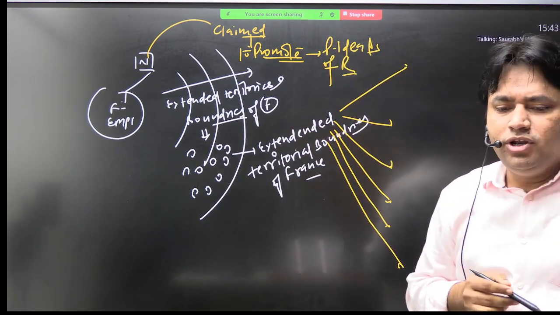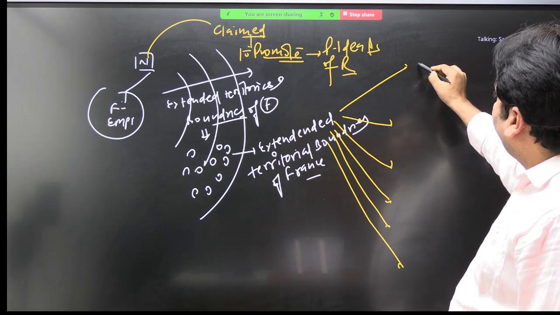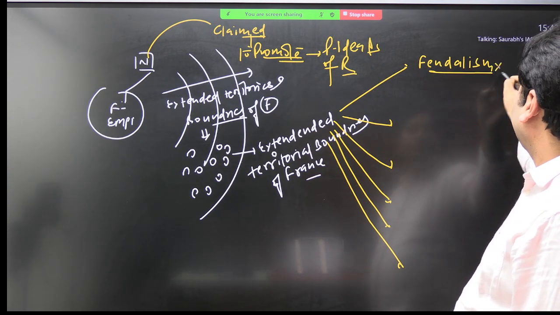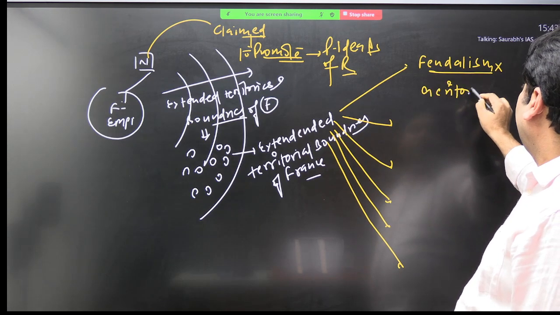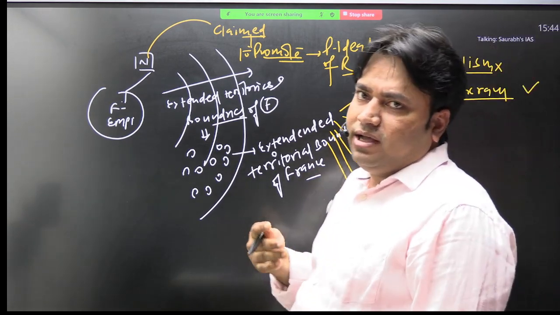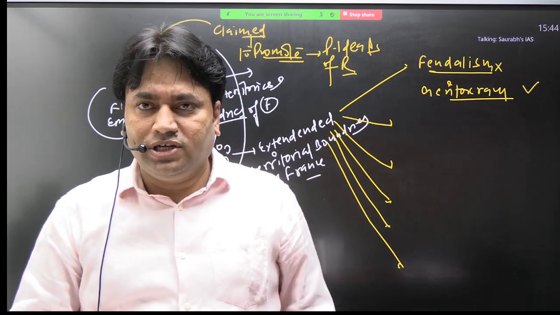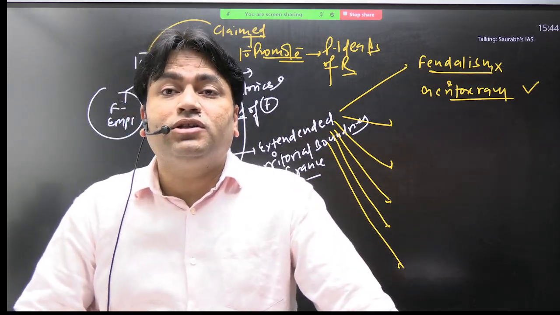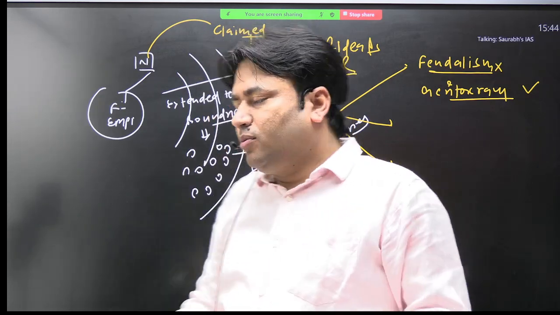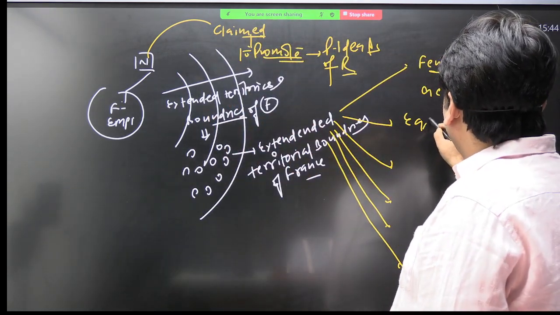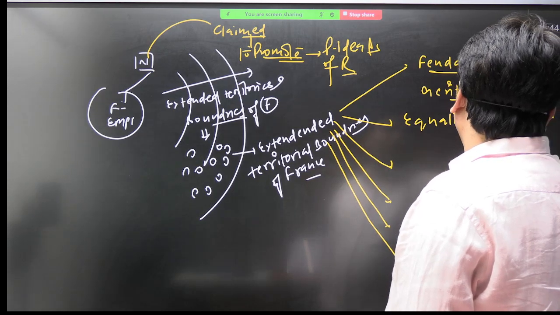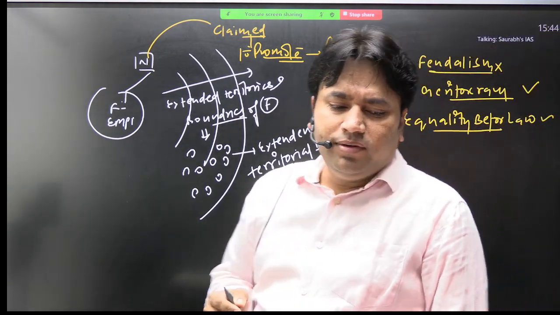So during the time of Napoleon, what will happen? What will be promoted here? Feudalism will be promoted or meritocracy will be promoted? Now I am asking you a very simple question. What will be promoted? Meritocracy will be promoted. In feudalism, tell me, can administrative offices be open to everyone? No. They will be reserved for the sons and daughters of the feudal lords. So what will be promoted here? Meritocracy will be promoted. Which idea will be promoted here? So we can say that equality before law will be promoted here.